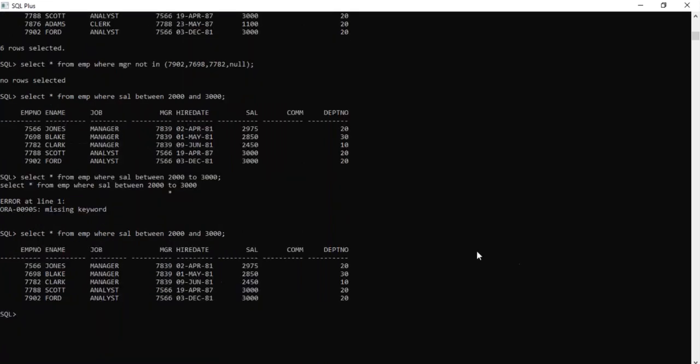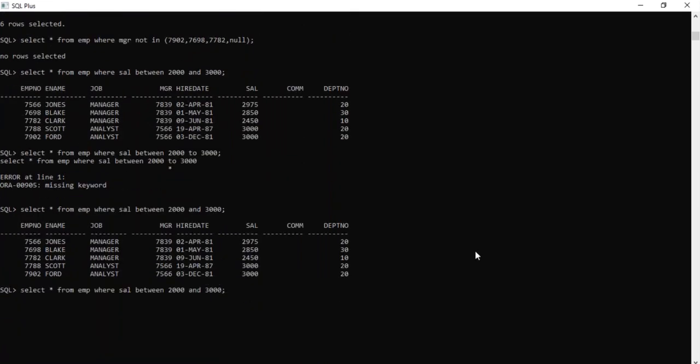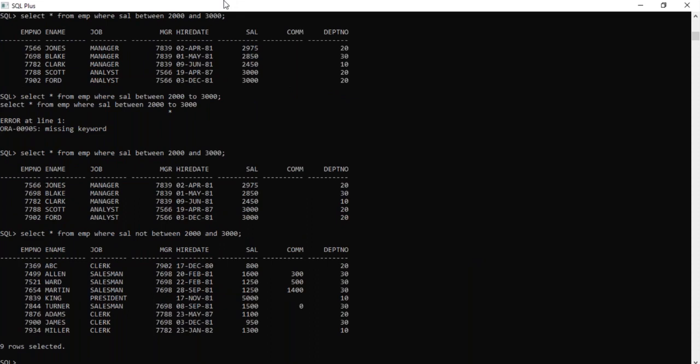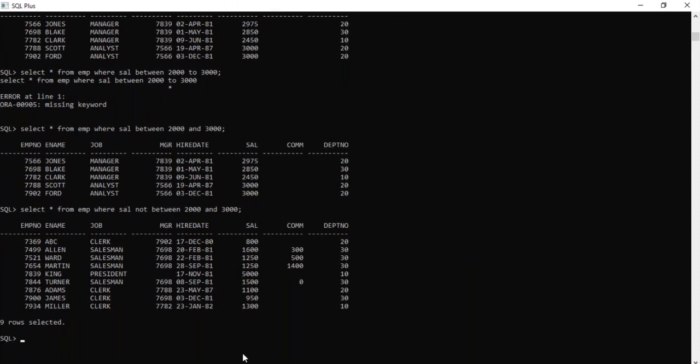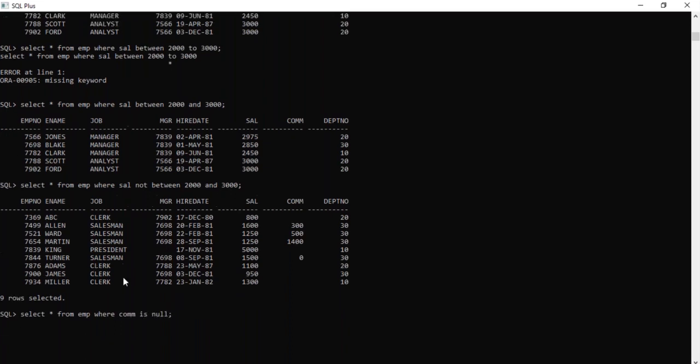That's all. Now we have one more important concept, the LIKE operator. Before that, if you want to get null data, select star from emp where commission is null. If I want the employees who don't have a commission, you can use it like this.